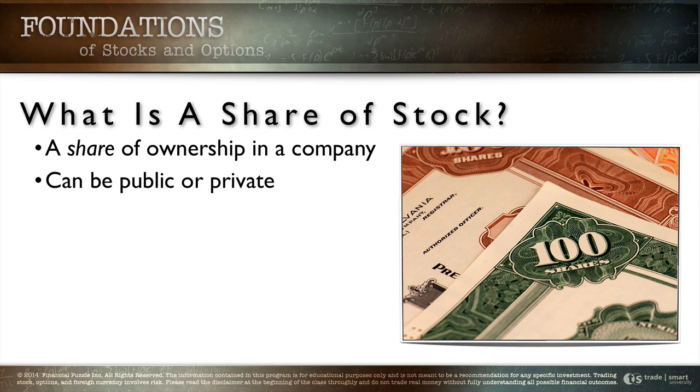That's what you experience on the stock market in terms of the New York Stock Exchange and whatnot. If it's a private company, it's going to be more like, for example, our company, TradeSmart. TradeSmart is a privately held company, and consequently, there's only a few people that have any ownership in the business. That's the only difference. In both cases, you still have shares or divisions of ownership in the company.